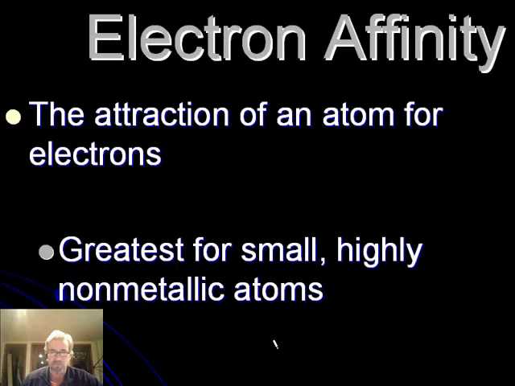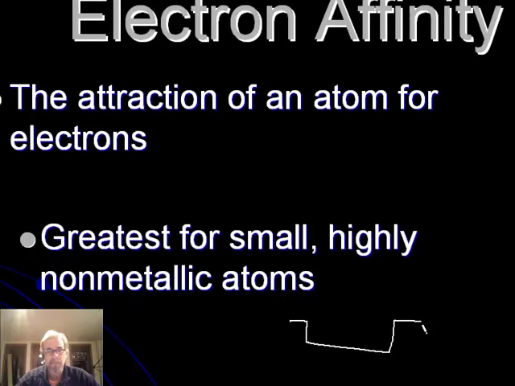One last trend that we're going to look at, that's electron affinity. Electron affinity is the attraction that an atom has for electrons that are out there loose, waiting to be absorbed, electrons that come from somewhere else. Electron affinity is greatest for small, highly nonmetallic atoms. So if you think about a periodic table,